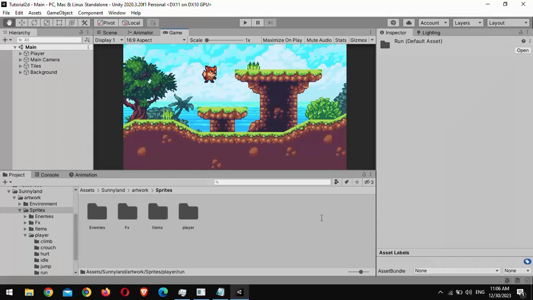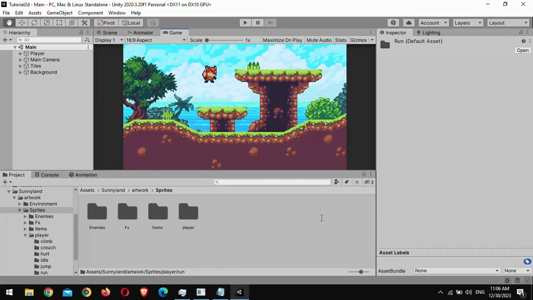and we're going to combine them to make our animation. In the previous video about making a character controller, we used this Sunnyland asset and it already comes with a sprite sheet, so we are going to use it in this video. Link in the description. First of all, we're going to use our animator controller, which helps us to set our